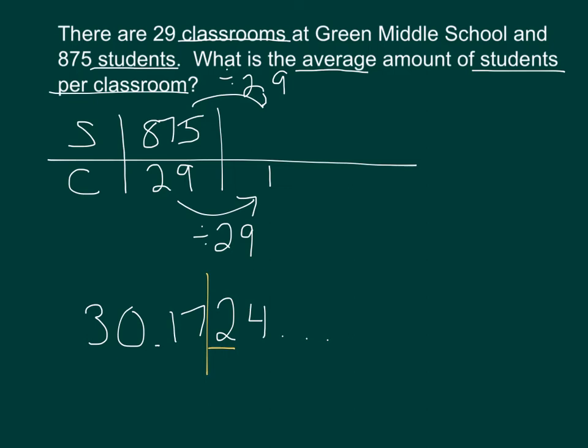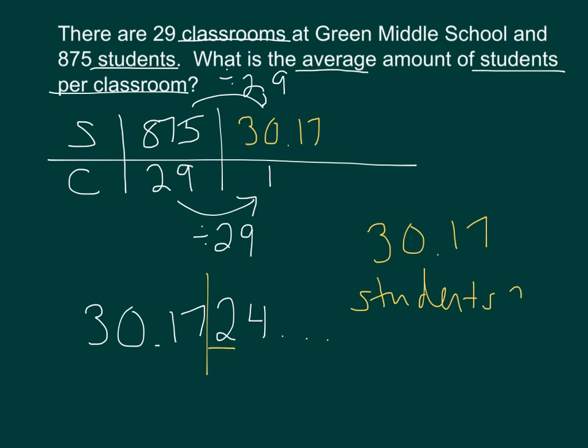Now if it's 5 or higher, I would bump the 7 up. If it's less than 5, I leave the 7 where it is. This one's less than 5, so I'm going to leave the 7 where it is. So my answer is going to be 30.17. So the question is 30.17 what? Well, it was students per classroom, so that's 30.17